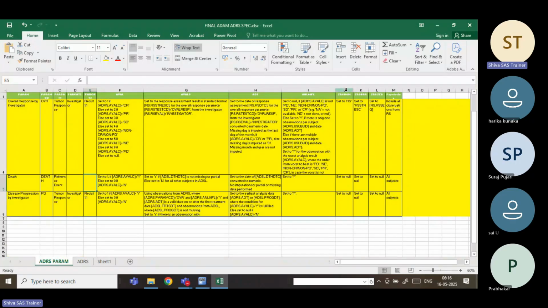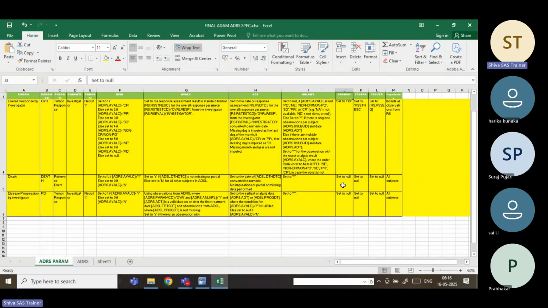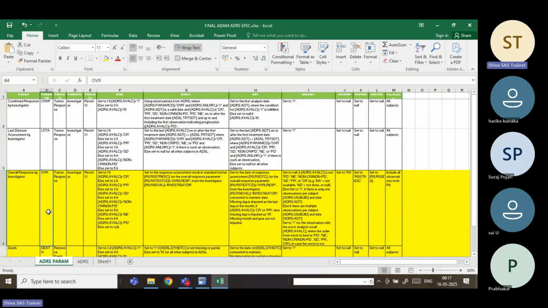So source domain, source var and source sequence. Here this parameter is null, and this is also null. So two parameters are null, and then only the third and fourth parameters have values. So if OVR,